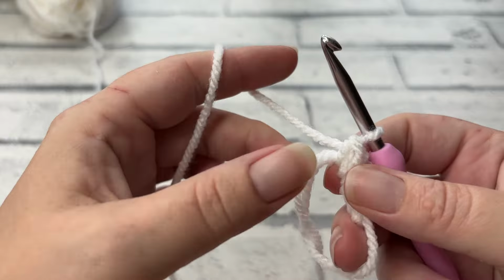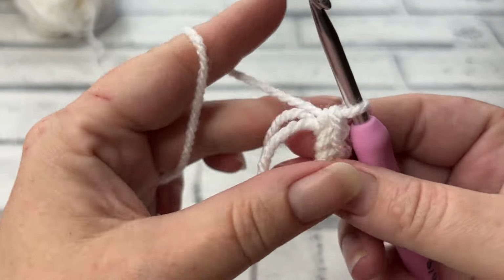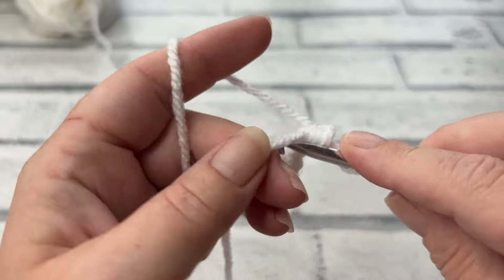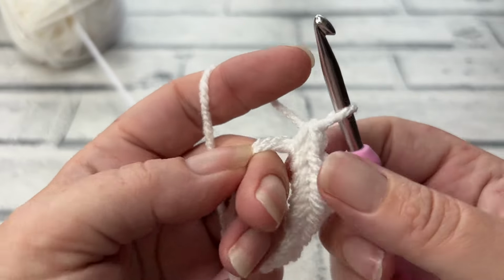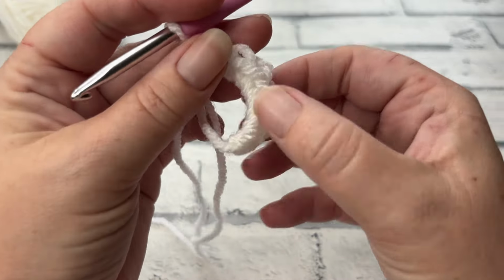If your magic circle is getting too big for you to handle, you can just tighten it a little bit and continue working into it. That's number 4, 5, 6, 7, and 8. Now obviously white is one of the hardest colours to work with, so it is quite hard